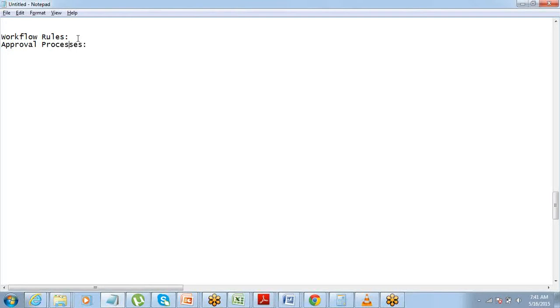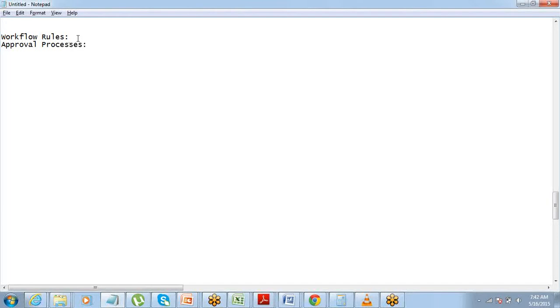The complete process of getting an approval done, because there is so much data being stored in Salesforce. Sometimes certain things require approval. Let's say before you take an order you need an approval. Let's say you want to take an order which needs to be delivered at short notice, and before you can actually confirm that order you need an approval from the production manager, that sort of thing.